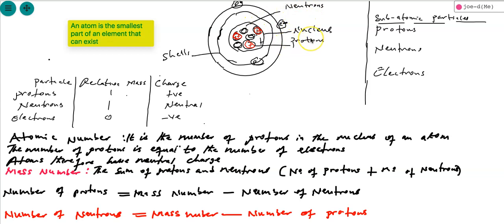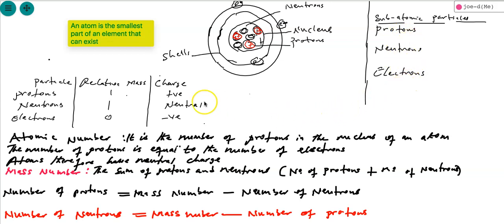and our protons. We are supposed to also know that the bulk of the atom is concentrated in the nucleus. Most of the mass of the atom is in the nucleus. So that is the general structure of an atom: the central portion called the nucleus, which contains protons and neutrons, and surrounding the nucleus are the electrons, which orbit in shells. Now, the specification requires us to know the charges and the relative mass of the three subatomic